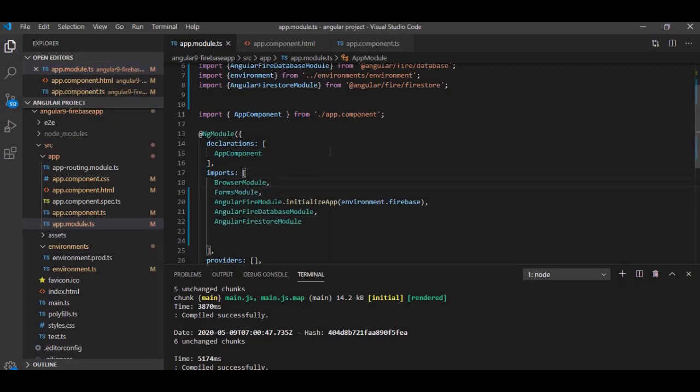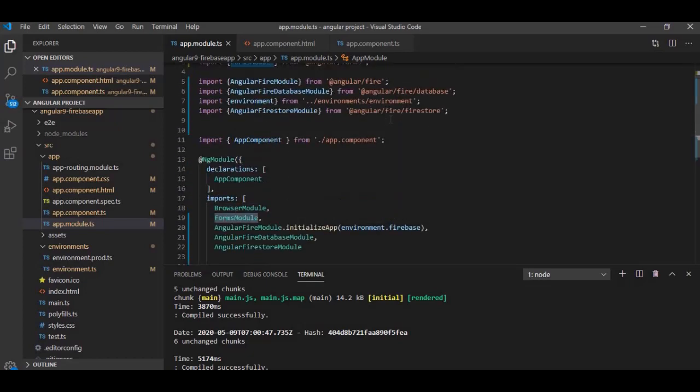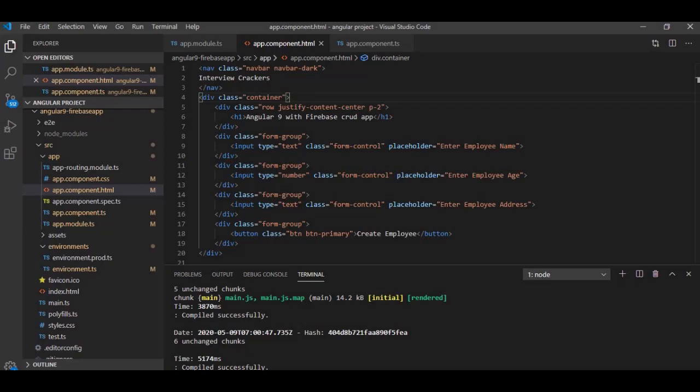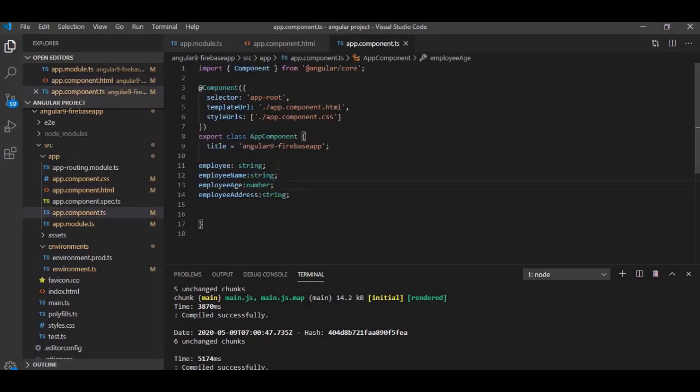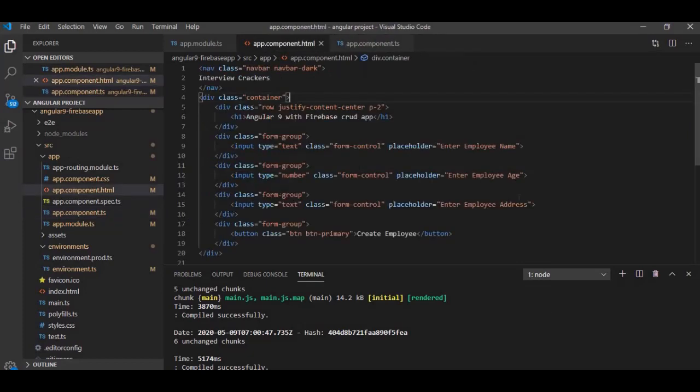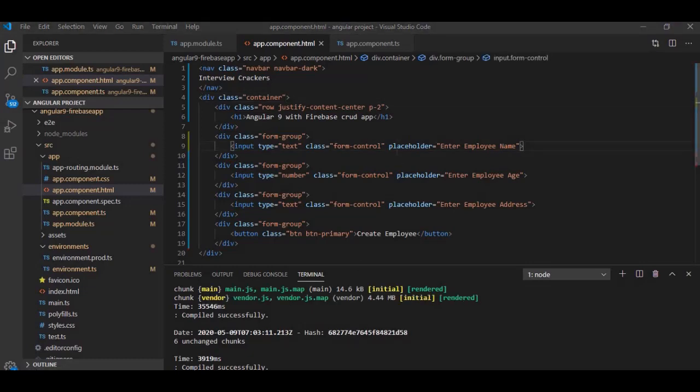Now we go to app.component.ts. Now we need to create a service. A service means we need to create a service to send the HTTP request to the Firebase cloud. In a service we define all the functions like add employee, create employee, etc. So first we need to add ngModel